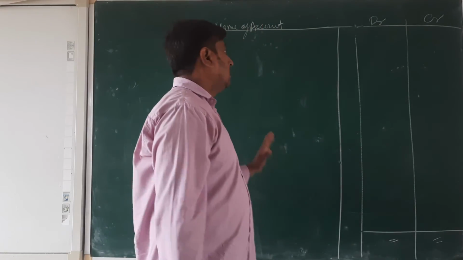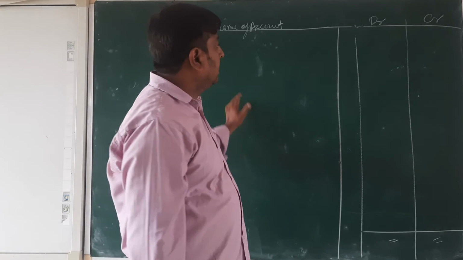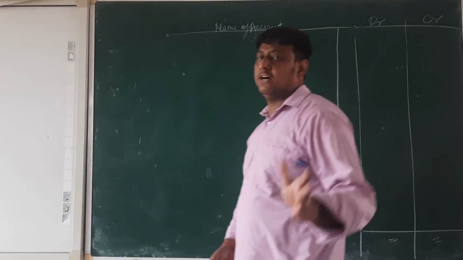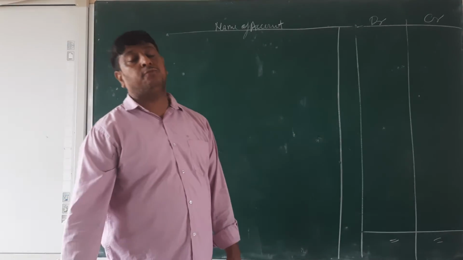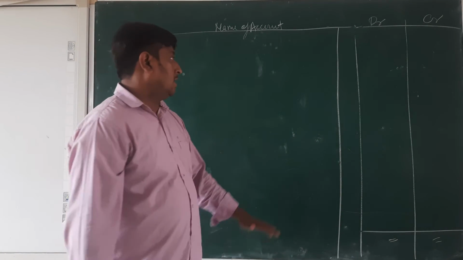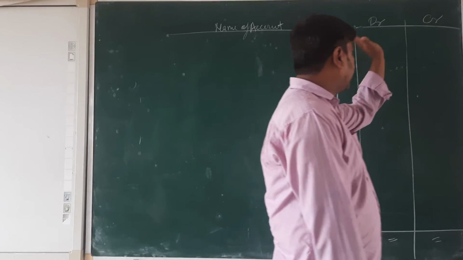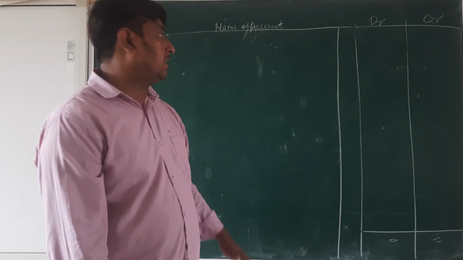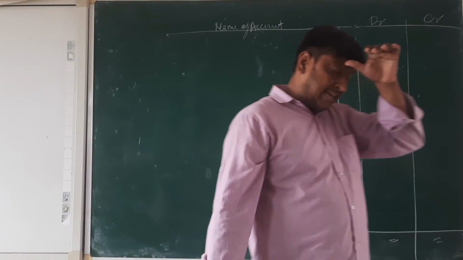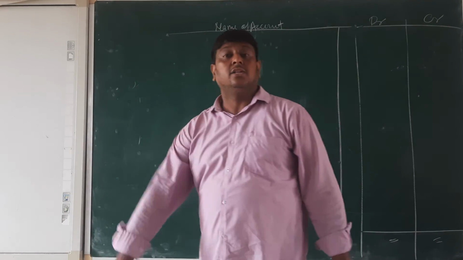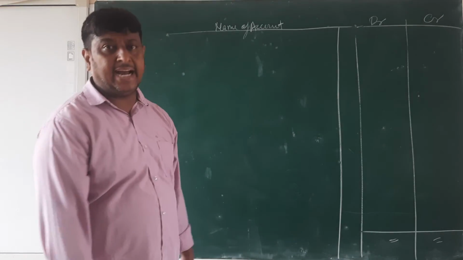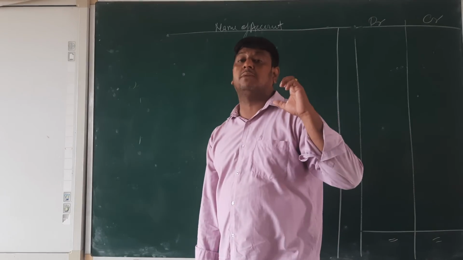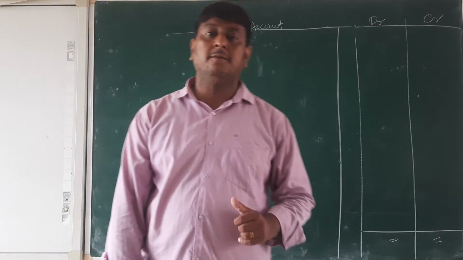Okay. So first, the total method. In the total method, we are going to take the total of both sides of the ledger, beta. Debit side total on the debit side, credit side total on the credit side. And the second method, the balancing method. In the last, we take the balance of the cash account, beta. So that balance we are going to put on the debit or credit side. And for that we have some rule.